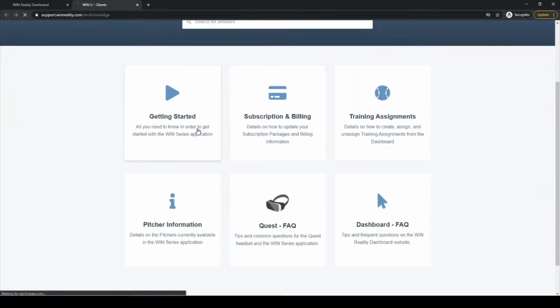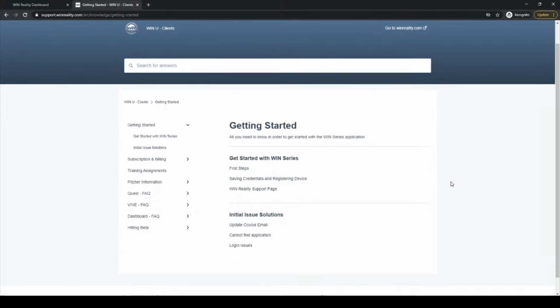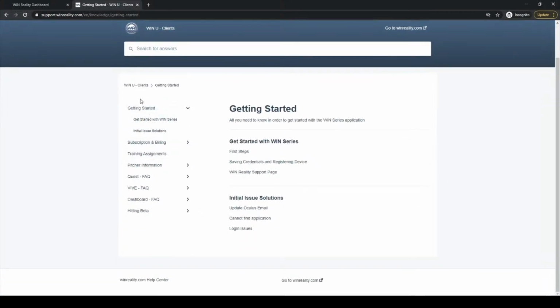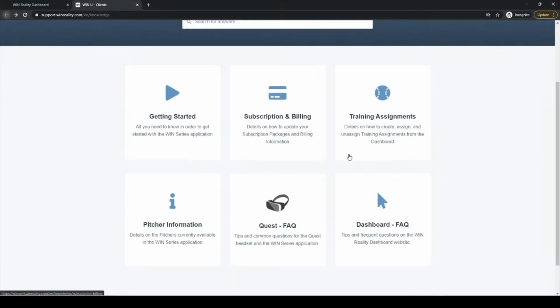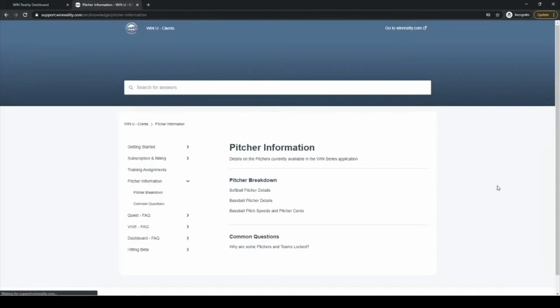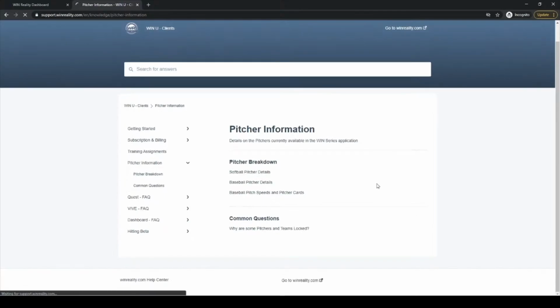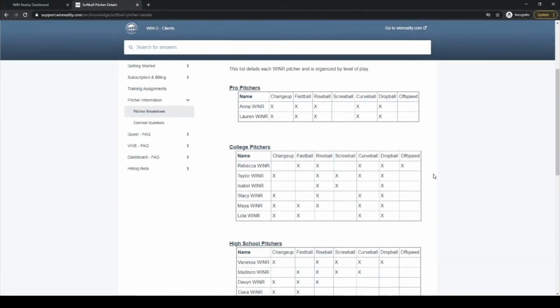Now we're on our article support page. So this is also really great to familiarize yourself with. We realize how much our users love educating themselves, so we wanted to make this super accessible. Pitcher information is actually one of the most valuable places on this page because this is going to give you